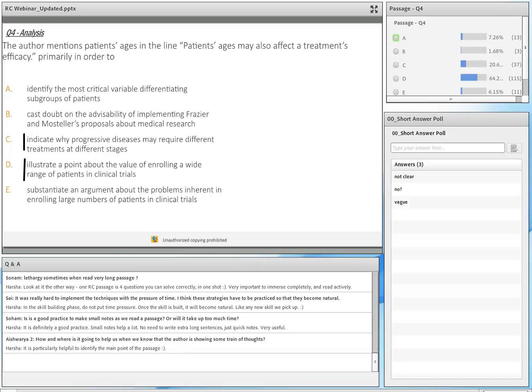But again, it's not why it's mentioned, and it's for a different example. There are two different examples put in there. And even if it were for the same example, the purpose of this is not why it's mentioned. It is to illustrate a point